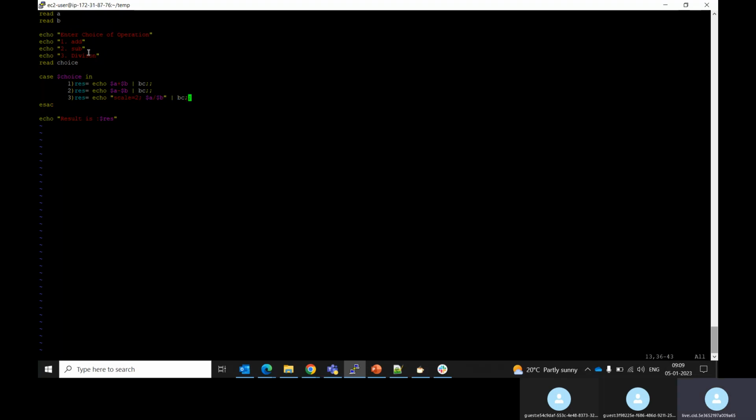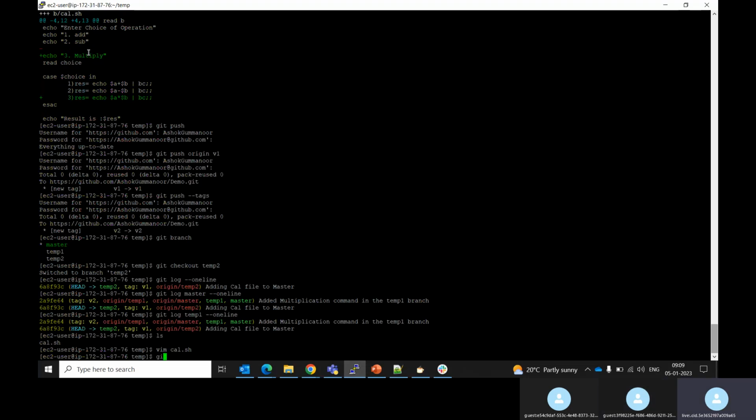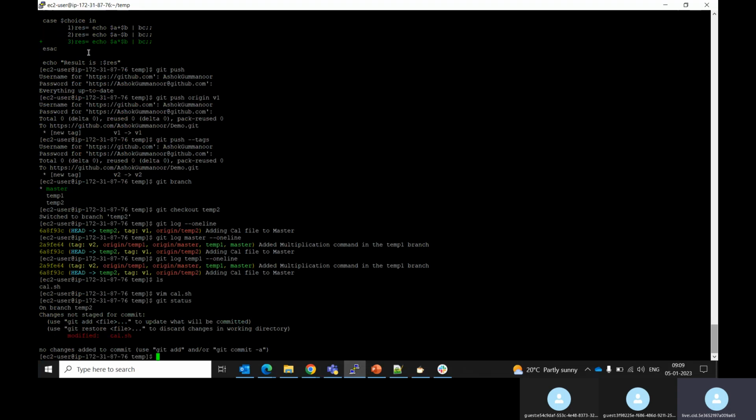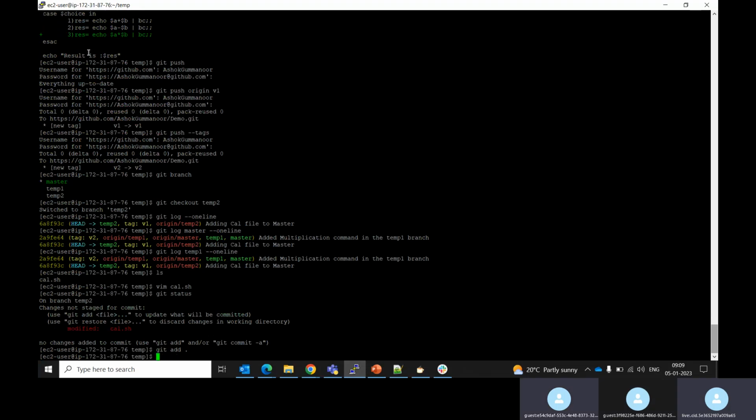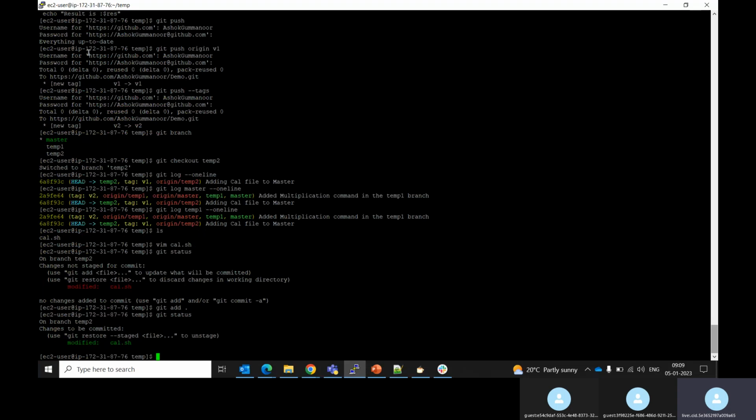Okay, now I've added these changes. Now I'm gonna see git status. Now there is a file. Git add dot has been done just to make sure that this has been in the staging. Git status. Now I'm gonna commit, git commit minus m